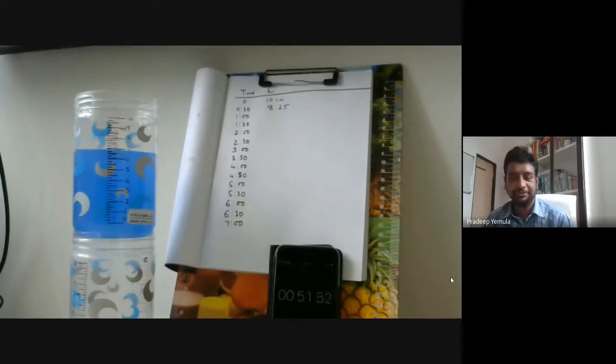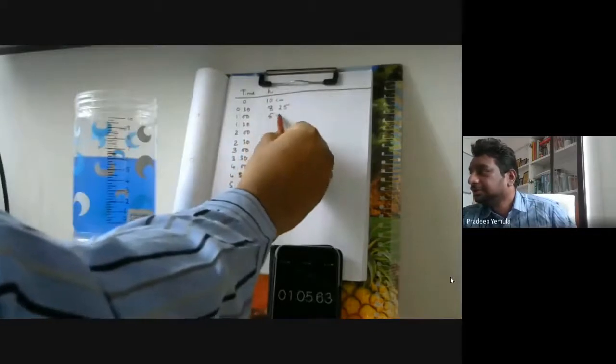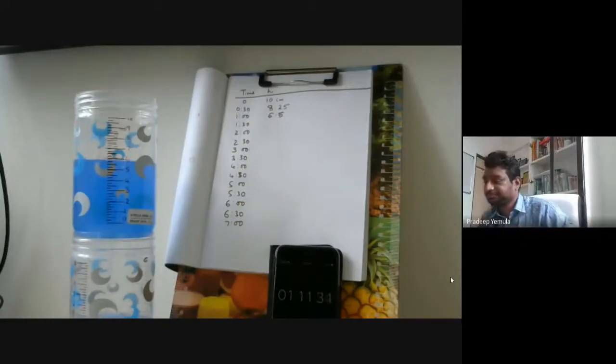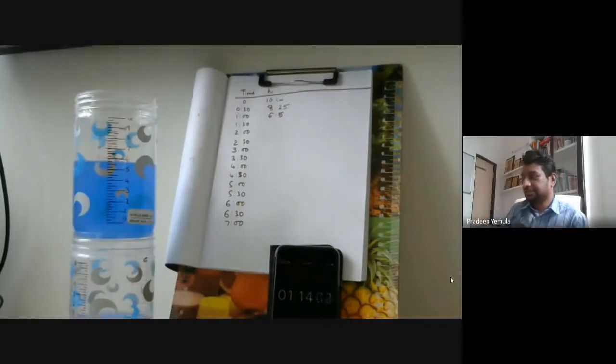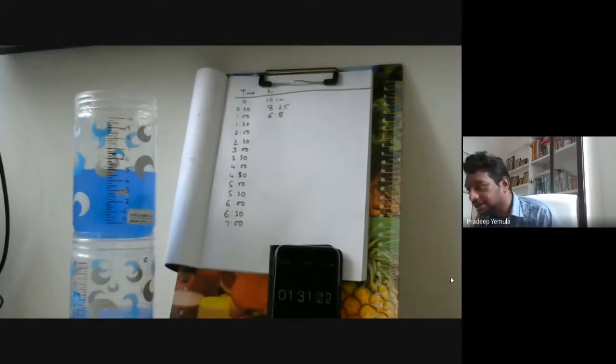50 seconds is the time now. So now the time is 1 minute and the height is 6.5. Okay, so I'm noting down the height. So let's wait for 1.5 minutes. 27, 28, 29, and 1.5 minutes, and the height is exactly 5.